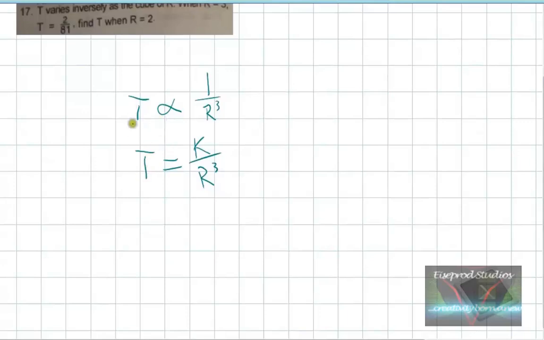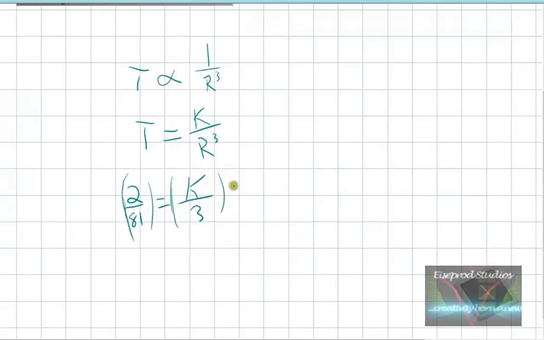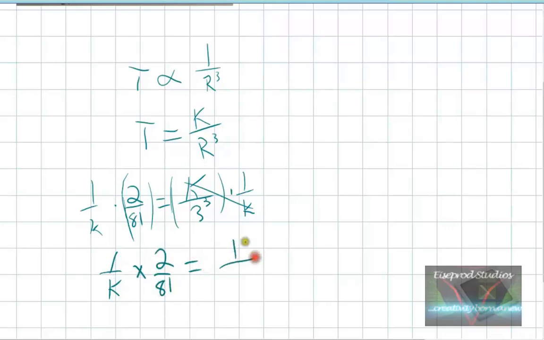So 2 over 81 is what t is equal to, and then we're going to leave k because we don't know that yet, and r they said was equal to 3. So now we solve for k. I think I called it q a few moments ago. I meant k. What I want to do is I'm going to divide by k first. So I'm going to say times 1 over k on both sides. So these will cancel. Oh, and by the way, this is r cubed, so this is 3 cubed. So now I'm going to have 1 over k times 2 over 81 is equal to 1 over 3 cubed,